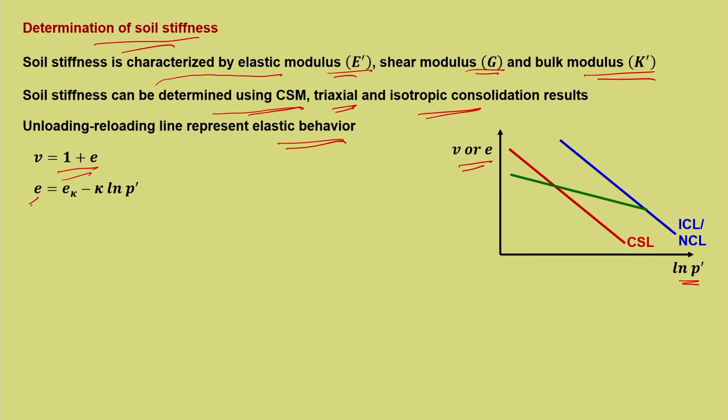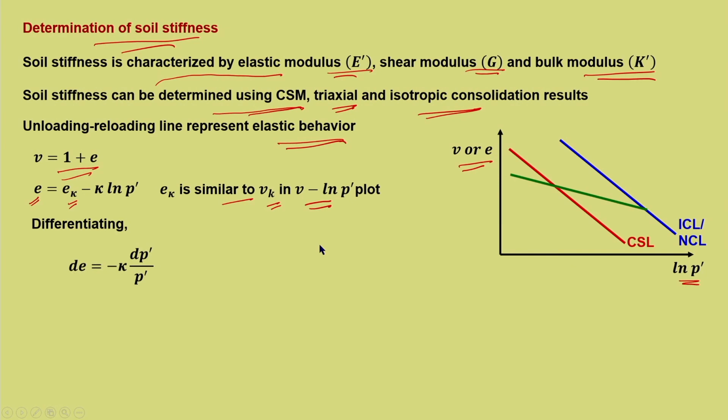So, here instead of writing v is equal to v kappa minus kappa ln p dash, I am writing e is equal to e kappa minus kappa ln p dash. This e kappa corresponds to 1 unit pressure, that is 1 kilopascal, and instead of v kappa it is e kappa. So, e kappa is similar to v kappa in the v versus ln p dash plot. Now, if you differentiate this, we will get de is equal to minus kappa dp dash upon p dash,